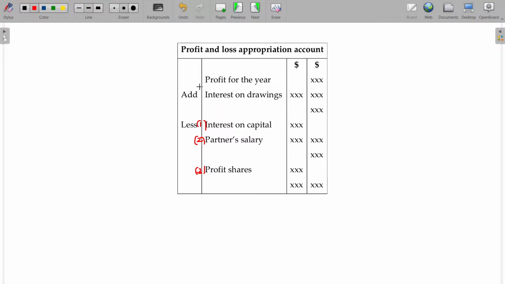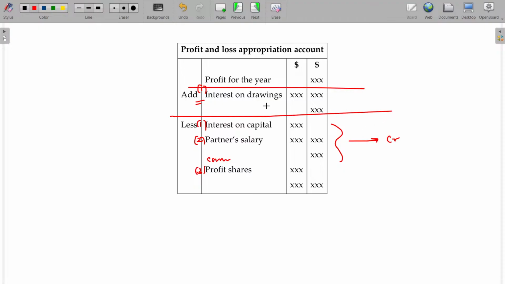And in the case of interest on drawings, it will be the one predominant item that is addable to the profit for the year. And apart from that, we may sometimes have commission also, commission to some of the partners. Hope you'll be able to understand. In your current account, all this value will go to the credit side, and this value will go to the debit side. So that's how you can easily remember it in your preparation. Okay.